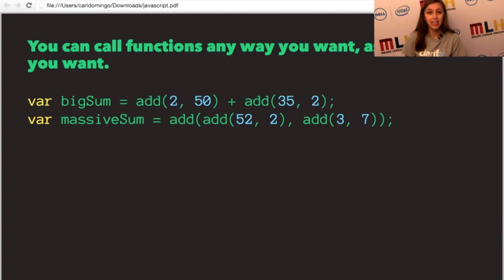And I kind of showed you this before, but you can call functions any way you want, as much as you want. And so if you'll notice in this example, I have big sum that calls add 2 and 50 plus add of 35 and 2. So that'll actually add the result of those two functions together. And then I have massive sum that has a big add calling add again inside of it, and it's kind of nested in there. You can call functions as many times as you want and put in functions as parameters,